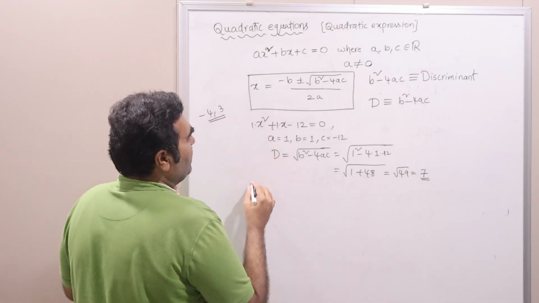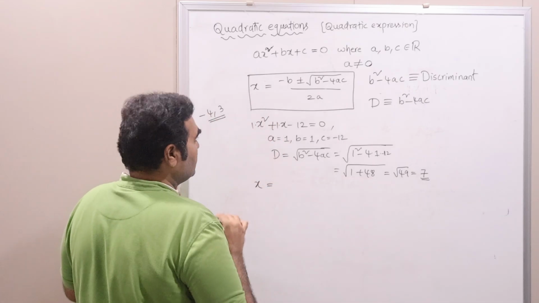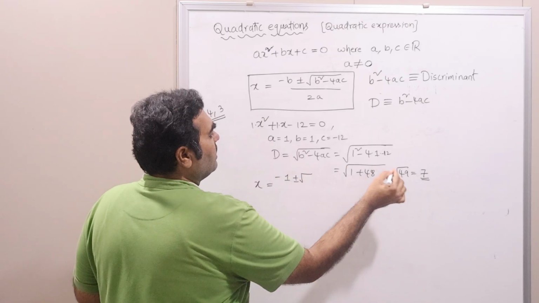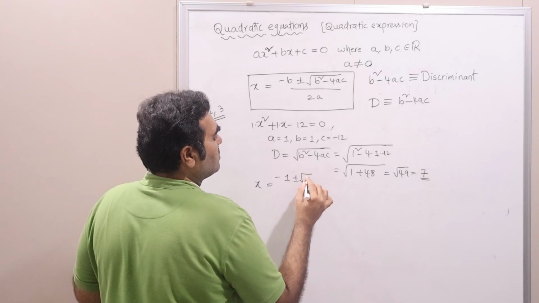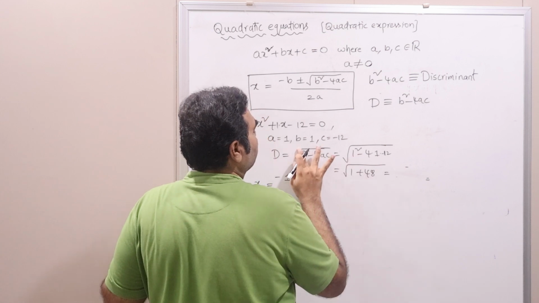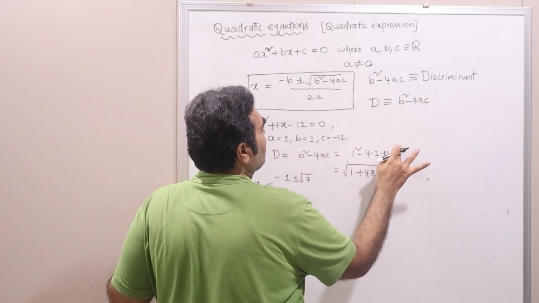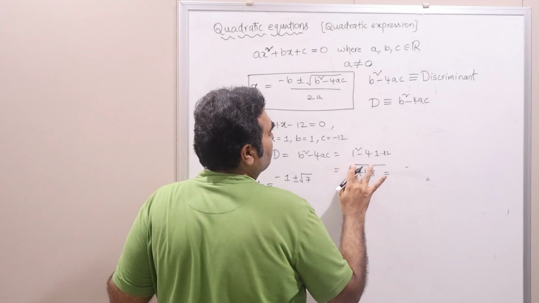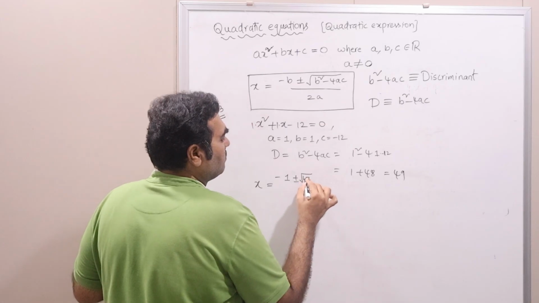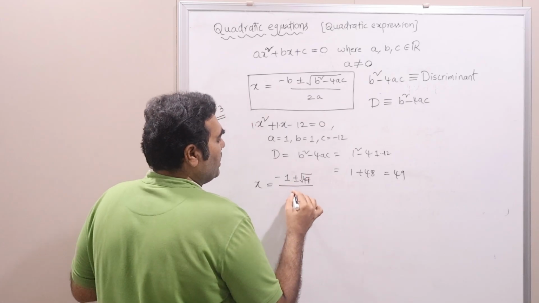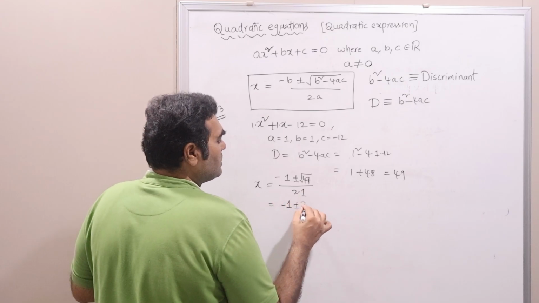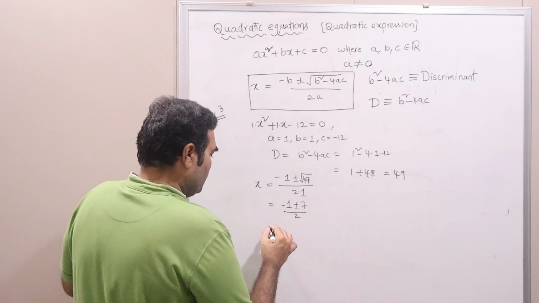And now if I consider the solution here, x is equal to minus b, that means minus 1 plus or minus square root of d, 7, sorry, d is 49, I'm sorry, d is b square minus 4ac. D is 49, so square root of d is 7 by 2a, 2 into 1, which is equal to minus 1 plus or minus 7 by 2, and which gives you